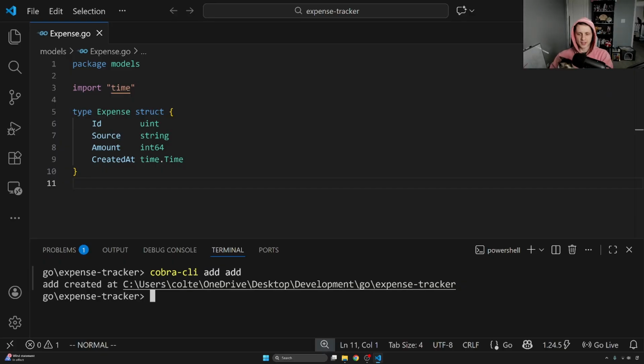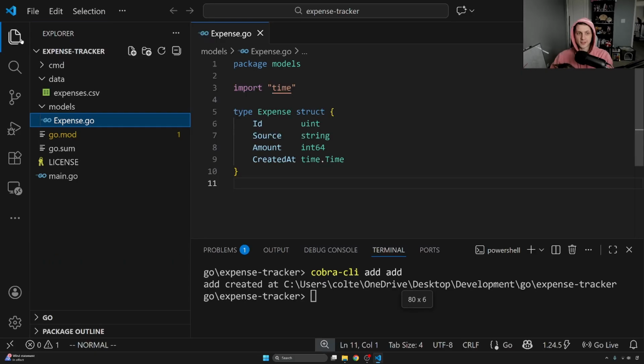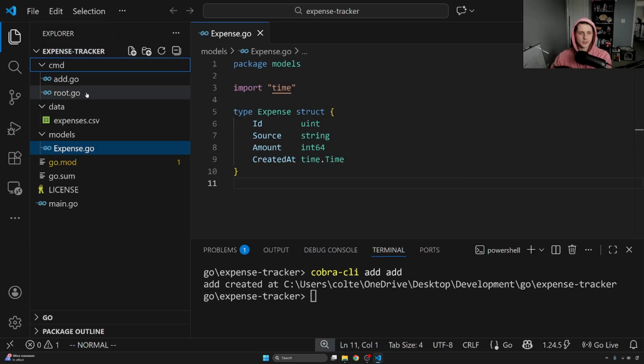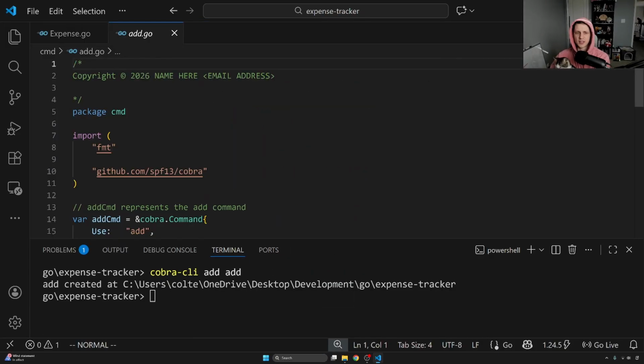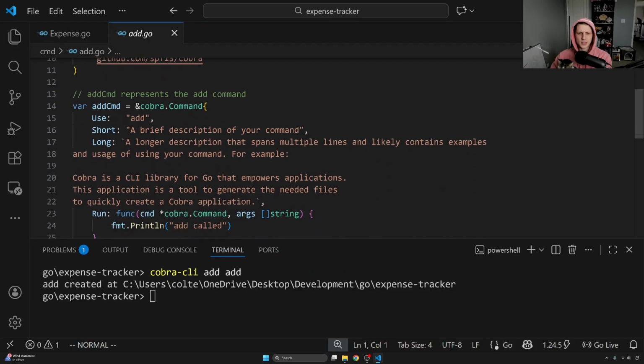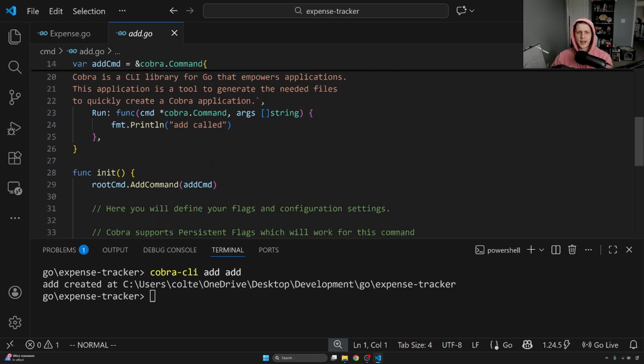And you should get some output back saying that the add command was created at a particular folder. Let's go investigate where it was created. If you go back and open up your CMD folder, you'll see a new add.go file that was added. So let's look into that. And if we take a brief look at it, it's exactly what we got in the root.go file that we originally generated with cobra-cli init, except we have the run function or the attribute filled in with a print line